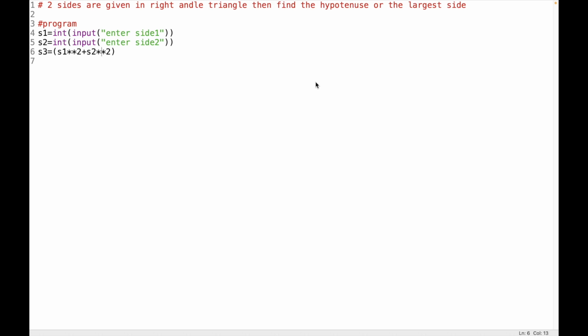So square root can be written as power half, so power 0.5. Print